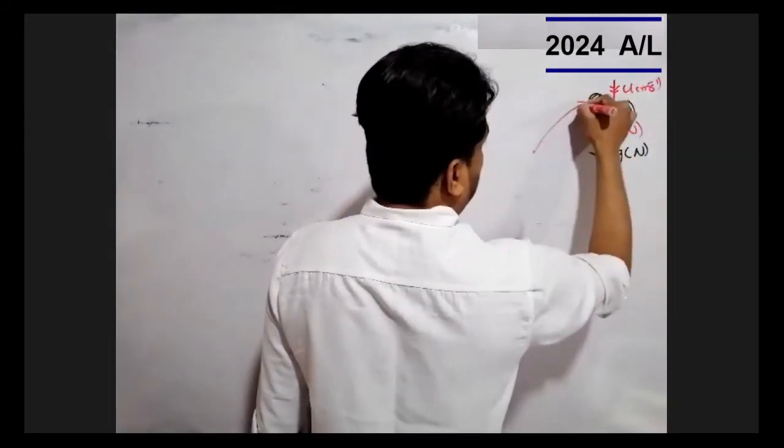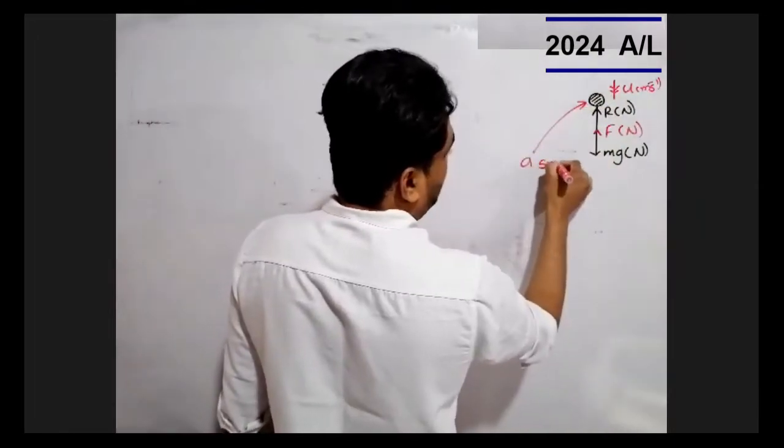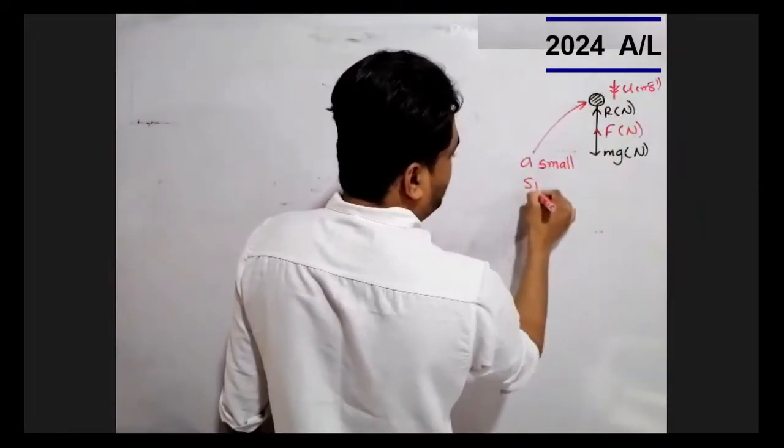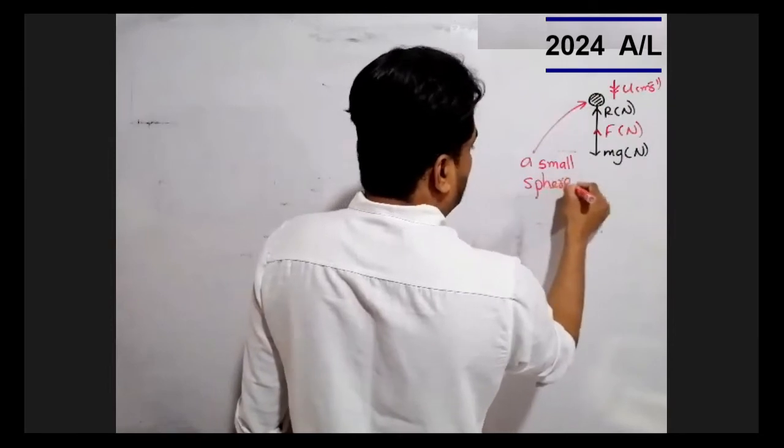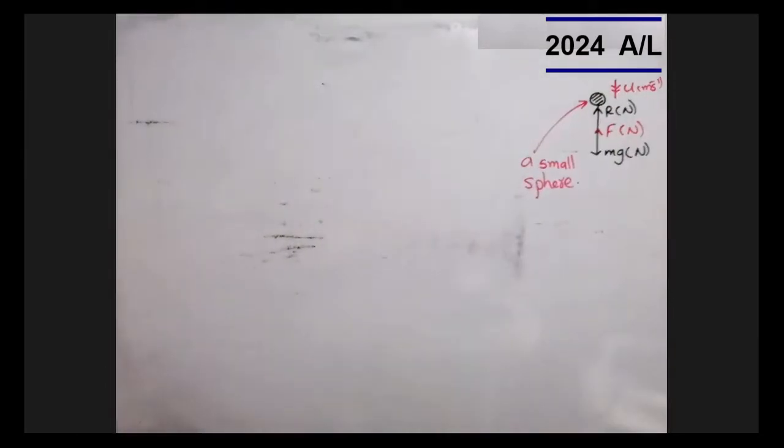This is a small sphere. According to Stokes' law, we found that